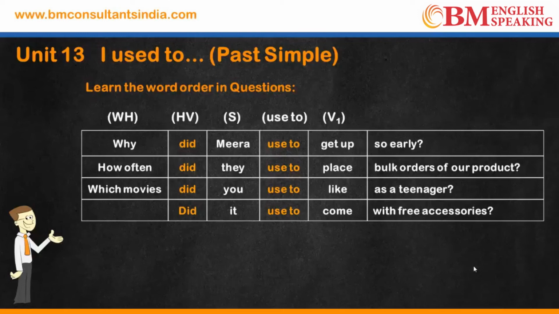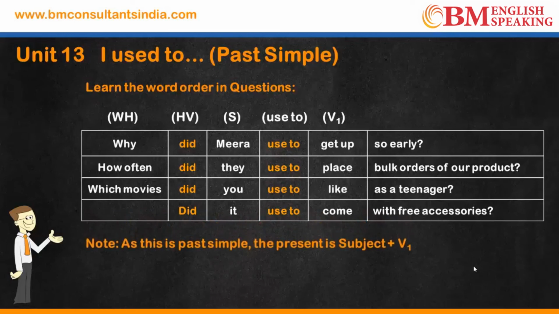How often did they used to place bulk orders of a product? Which movies did you used to like as a teenager? जब तुम टीनेजर थे तो कौन सी मूवीज पसंद किया करते थे? Did it used to come with